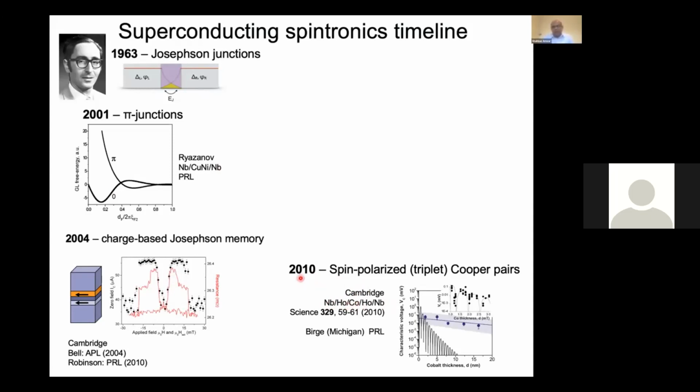And at the same time, there were also two more groups, one from Leiden, where I was actually doing my PhD at that time, and I was part of that project. So I was trying the same kind of things with half metallic ferromagnets. And the third group was from Michigan State University. So they also utilized multi-layer ferromagnets and observed